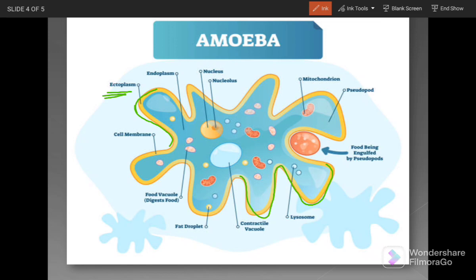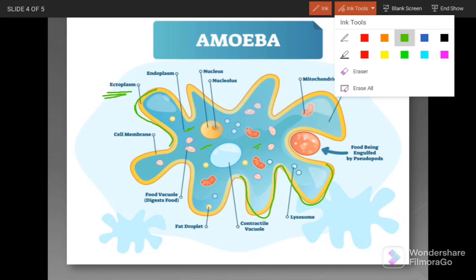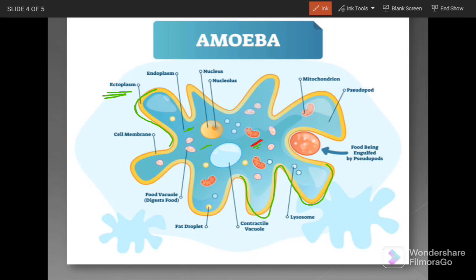Now endoplasm. You can see it is fluidy, highlighted in blue color. This is the endoplasm. It is fluid-like, the fluid region. It is the endoplasm which contains the